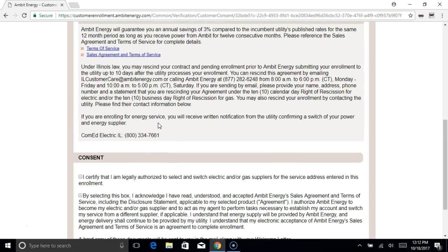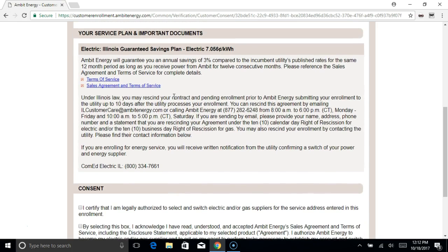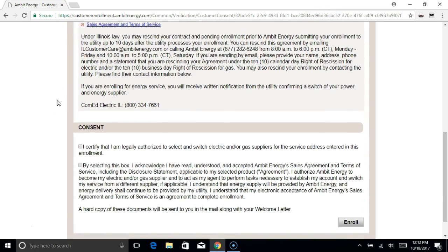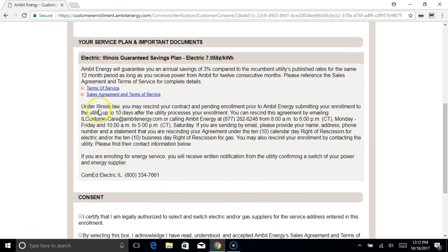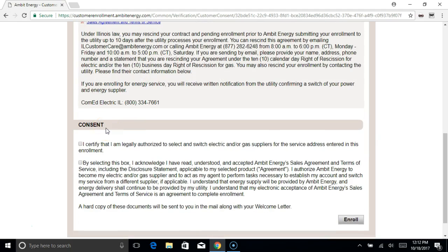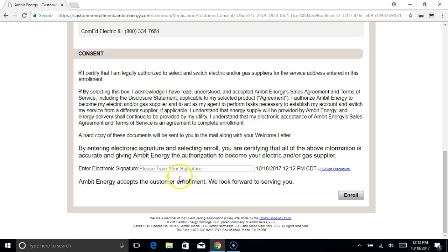We are at the last page here. At the top it just has some confirmation. I won't scroll all the way to the top, but once you get to this step, you will see it. It'll just be the address and the name of the individual. So you want to scroll down, and like I said, please check to make sure you got the right plan and everything like that, and please let the customer know what is going on. You want to go about the consent by checking these 2 boxes, letting them know they are acknowledged, they know everything, and the last step is for the customer to sign off on it. Once that is done,